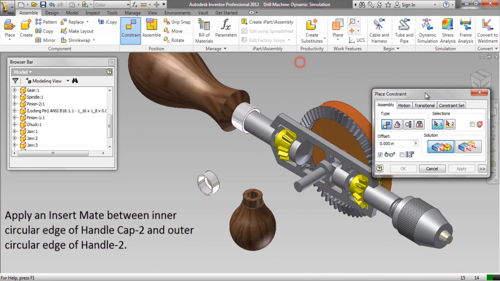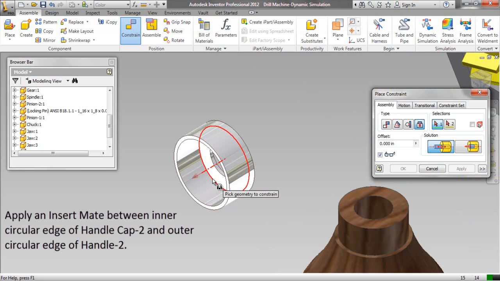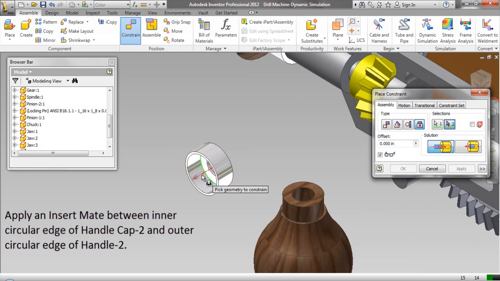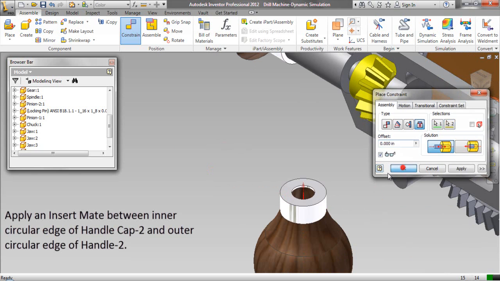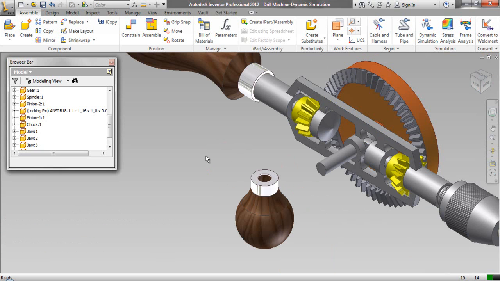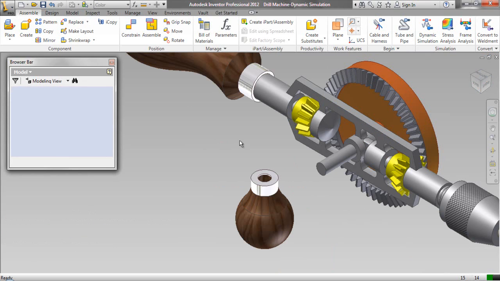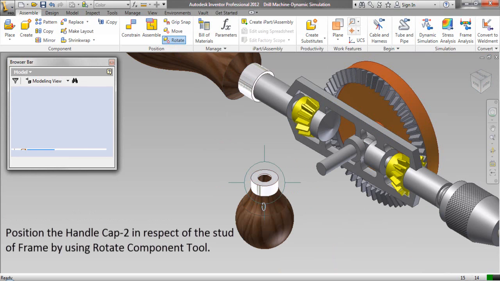Apply an insert mate between inner circular edge of handle cap 2 and outer circular edge of handle 2. Position the handle cap 2 with respect to the stud of frame by using rotate component tool.